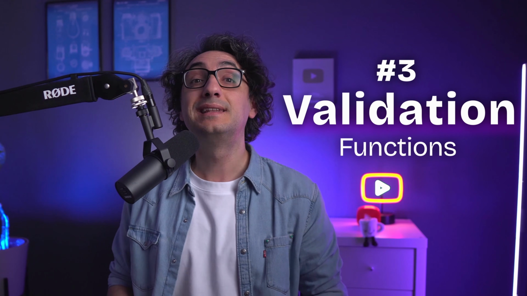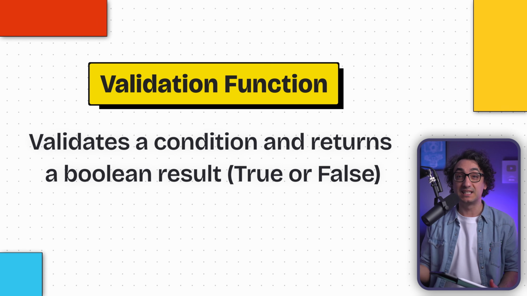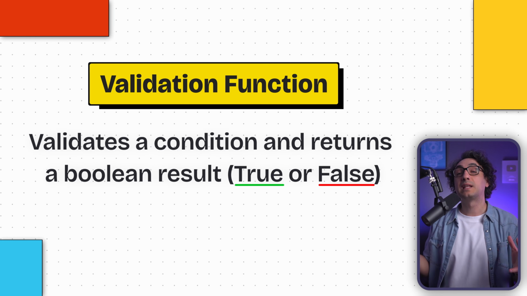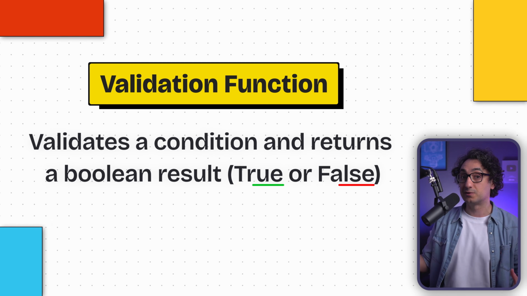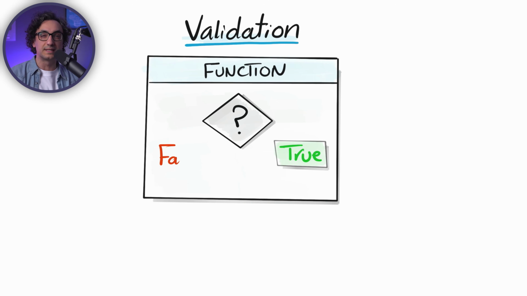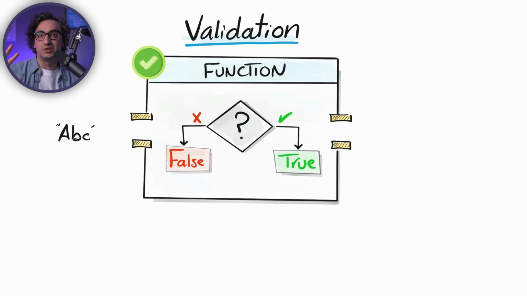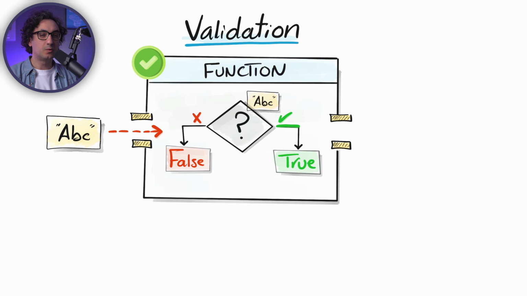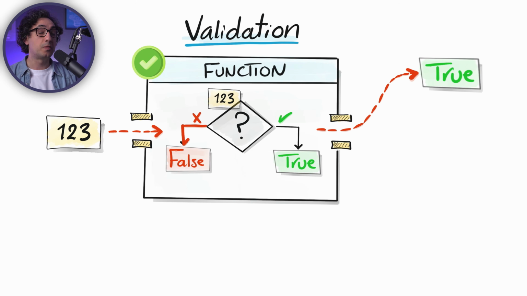Okay, now we have a third type of function. We call it the validation function. It is a very simple function that's going to check whether something is valid or not. And typically this type of function returns a boolean, so either true or false. So my friends, the validation functions are focused on the rules and the correctness more than changing anything. It will not change your data or your system. So there is actually no action. You have a very simple question, and this function can answer your question with either yes or no.